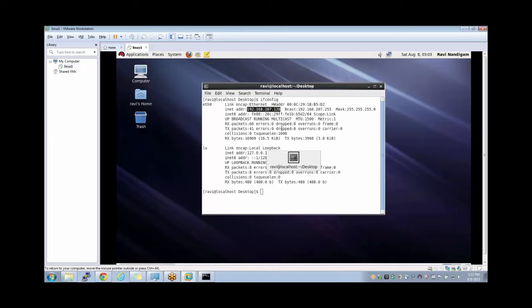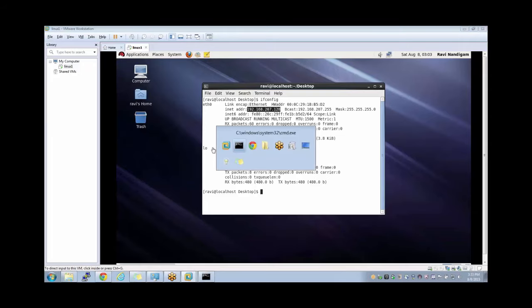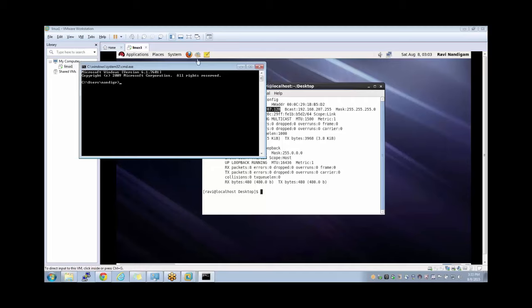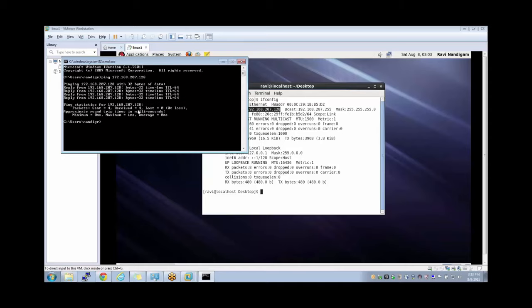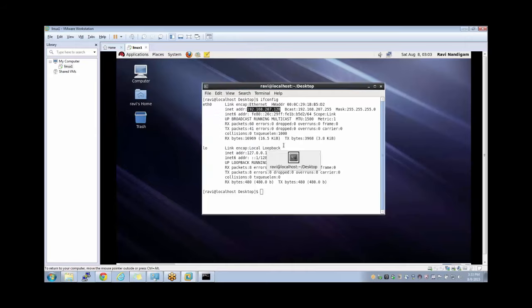I can press Ctrl Alt to release the cursor, and if I tab and go back to this command prompt from my Windows, and I do ping and give this IP address, I should be able to ping it. I am receiving a reply. So that means this box is accessible from here. So the next thing I do is